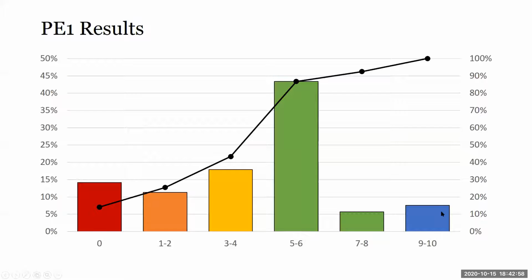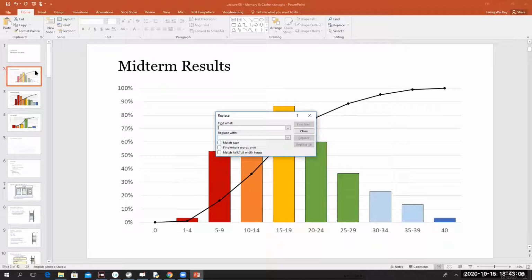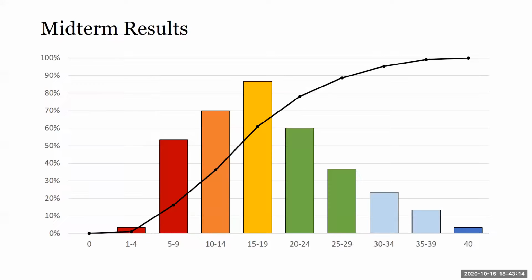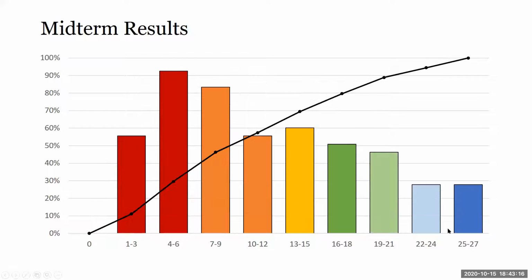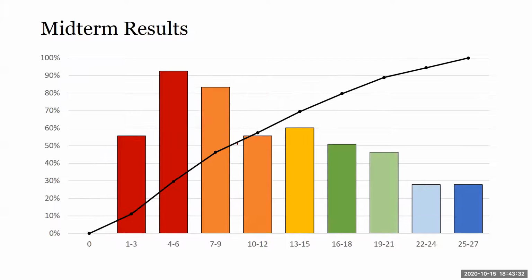Right. Okay. So this is last year's, let me unhide the hidden slides. Anyway, let me show you. This is last year's midterm. So last year the midterm was out of 40. Okay, so they had 1.5 hours. Okay, so they're about 50%. So similar. Okay, so about 50% sort of failed the midterm last semester. This semester a little bit more, 70%.